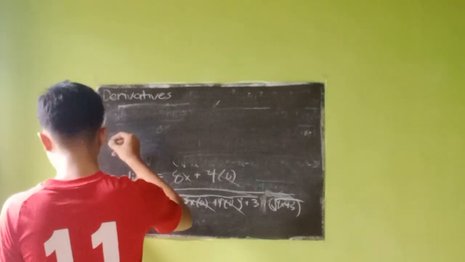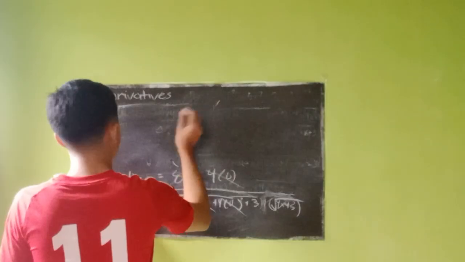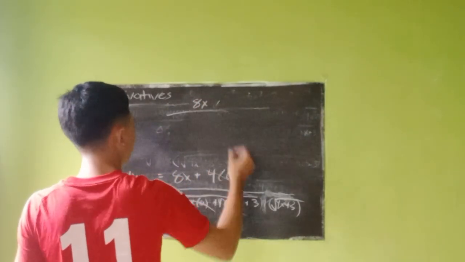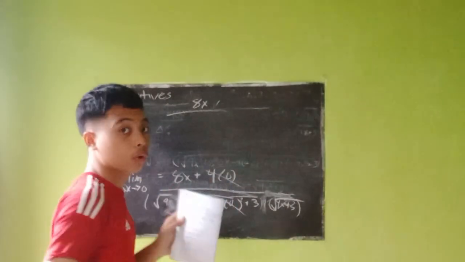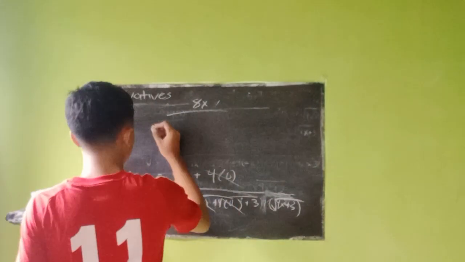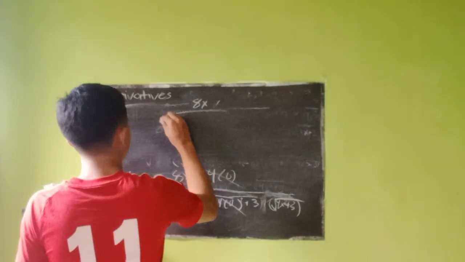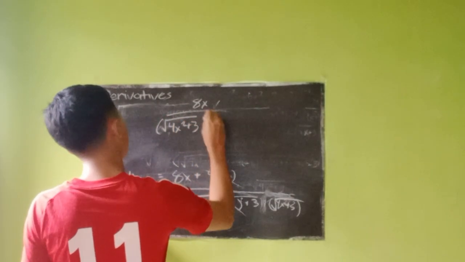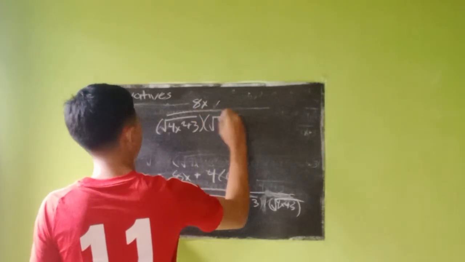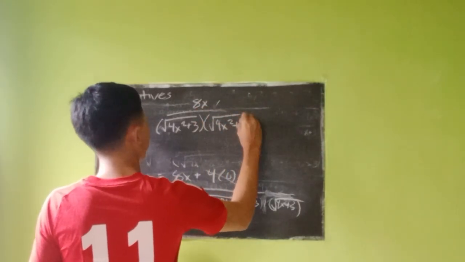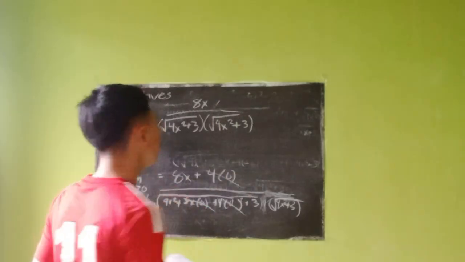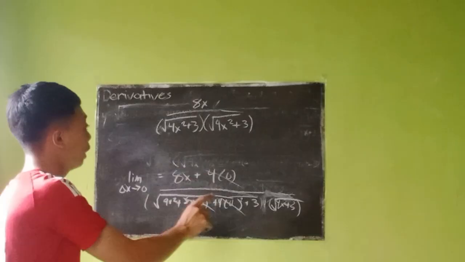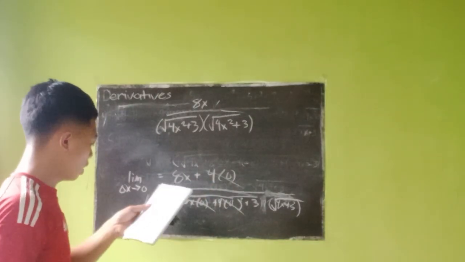And then we have, oh yeah, by the way, which also leaves you with the 8x only, since this one is already 0, and 0 doesn't have any value. Then we have 4x squared plus 3. Then on the other side, now notice how they are both the same. This also means you can add them to make that into